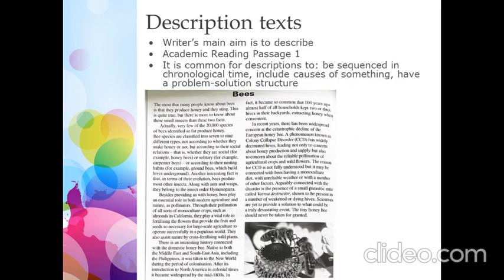Second type is description texts. In description texts, the writer's main aim is to describe, as it says here. And this one is usually also presented in academic reading Passage 1 in IELTS academic. And it is very common for descriptions to be sequenced in chronological time, include causes of something, and have a problem-solution structure. As you see in this text